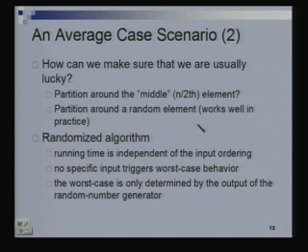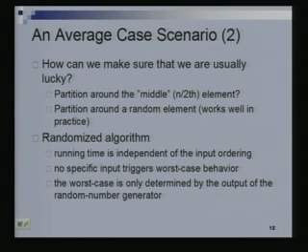So we said we don't want to pick a specific element as the pivot. Why? Because if I said I always want to pick the last element as a pivot, then if my sequence is, let's say, in decreasing order or increasing order, then I am stuck with an n square running time. So I will just pick a random element as the pivot.